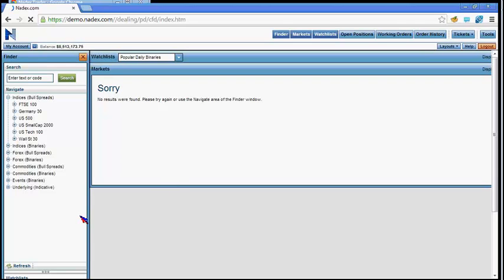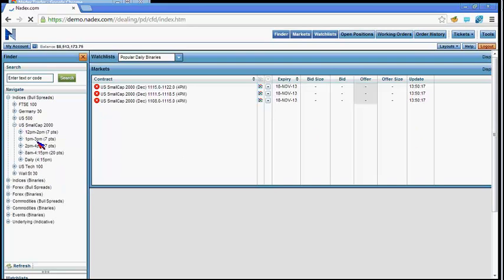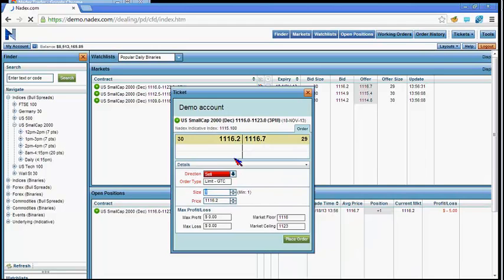If I'm doing spreads and I want to mirror the market, I may want to do ones that don't have any premium built into it. Because if I do a limit order, let me show you an example. I go on here and grab a contract, put in a buy right now, and I get in at this contract. Boom, it fills me, okay, and there we go. And now I say, okay, well, if it gets down to 1116.1,